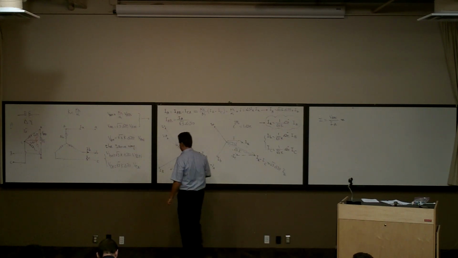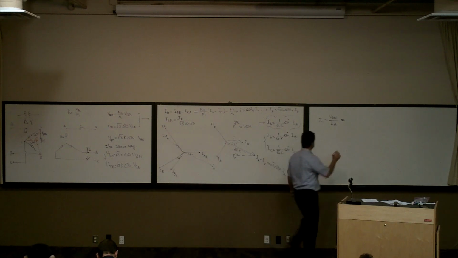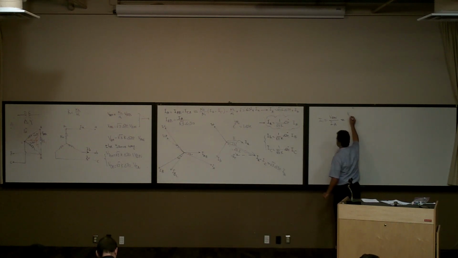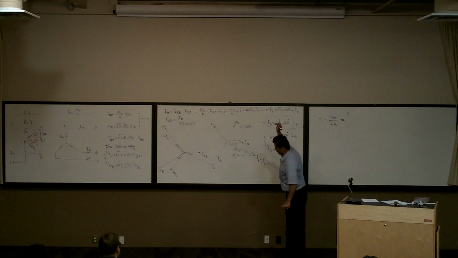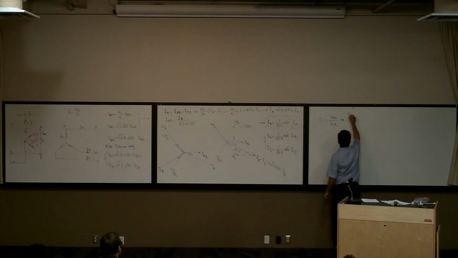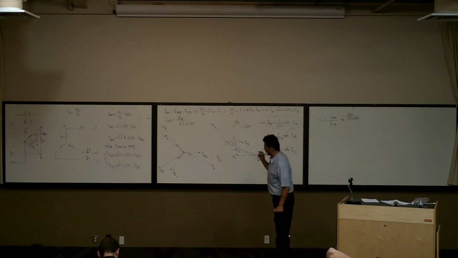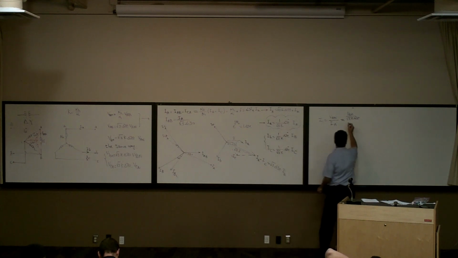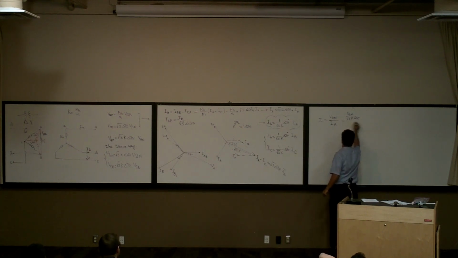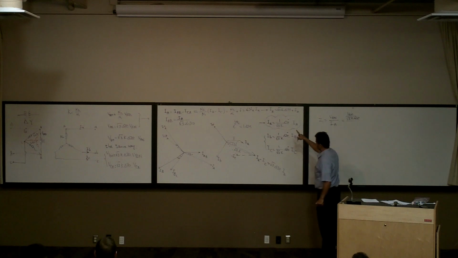to be VAN over square root of 3K. Sorry, it's going to be VAN over 330, right? So how about IA? IA is going to be,